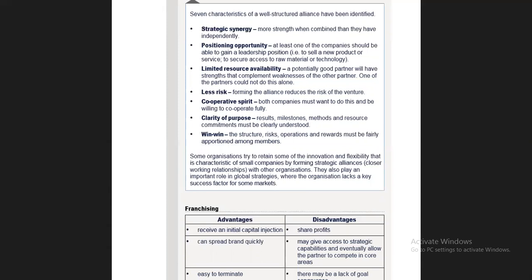Positioning opportunity. At least one of the companies should be able to gain a leadership position to sell a new product or service, or to secure access to raw material and technology. There will be no two leaders at a time. You have to give one company a leadership position who will make all the decisions. That is called positioning. They have that position and nobody will interfere in that position,